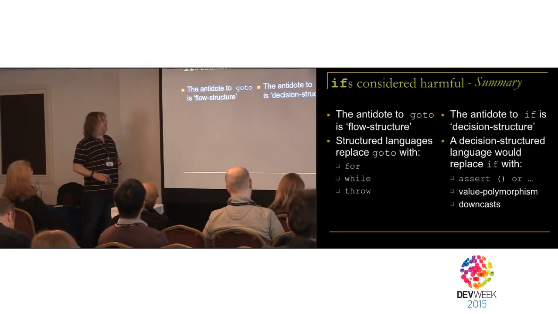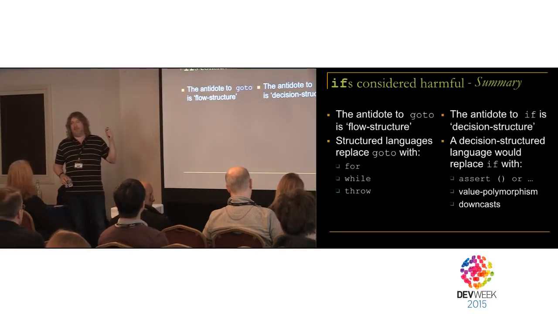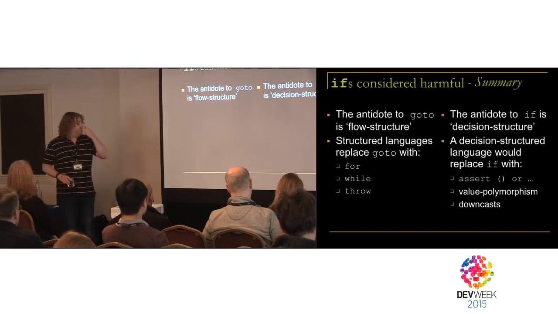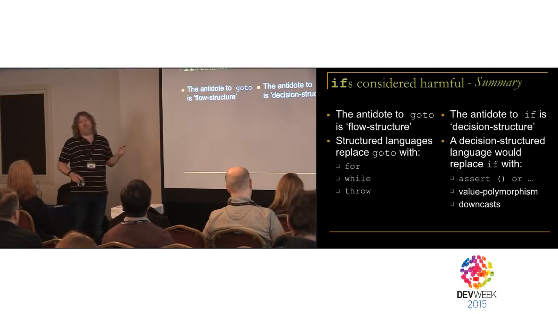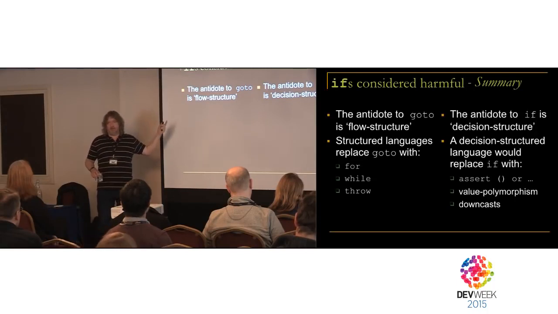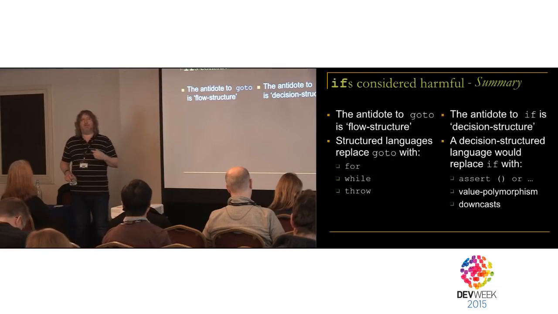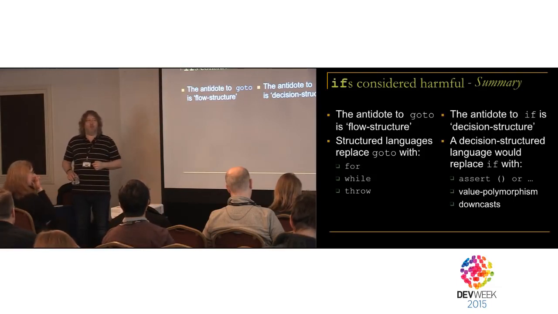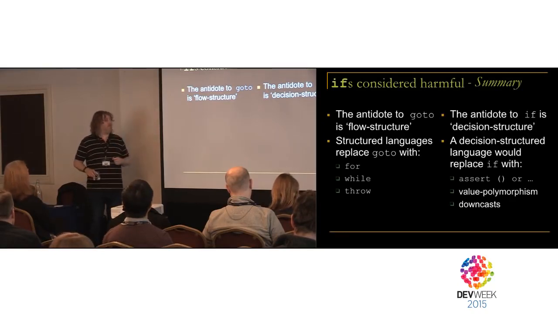Next point. The antidote to GoTo was flow structure. We knew this back in the 60s and 70s, and it's now absolutely routine. It's unthinkable to do it any other way. The antidote to the if problems is decision structure. We haven't got the languages to do decision structure now like we've got structured programming languages, flow structured languages, but we will do. I'm absolutely convinced that in 10 years' time, we will have languages which have this kind of thing built into them. But for now,